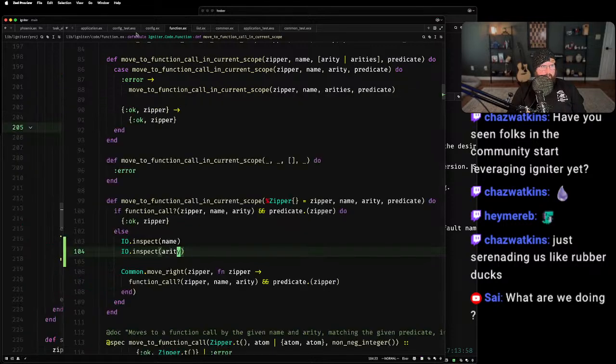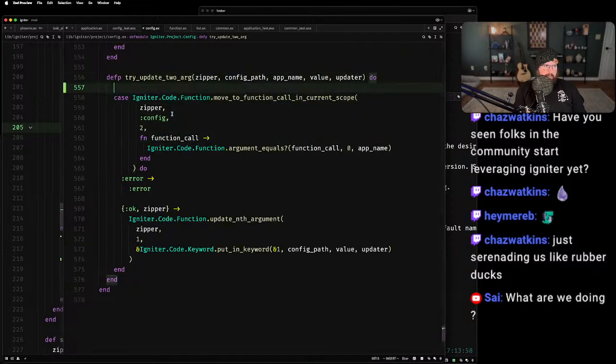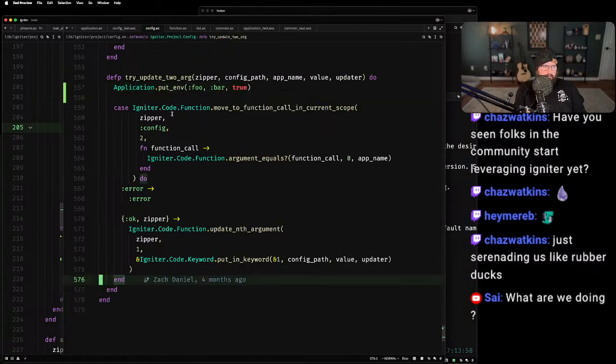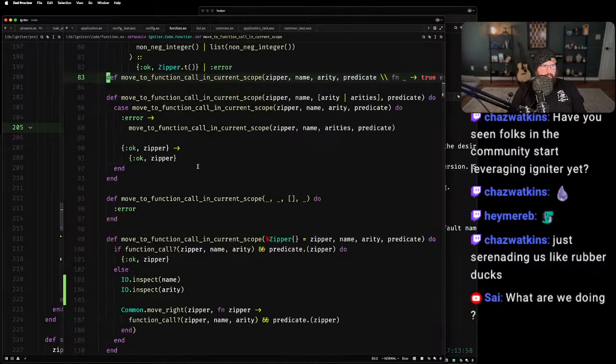Not useful. I'm gonna have to do the same thing I was doing before, because we call all these same things so many times. All right, so then now in move to function call in current scope.